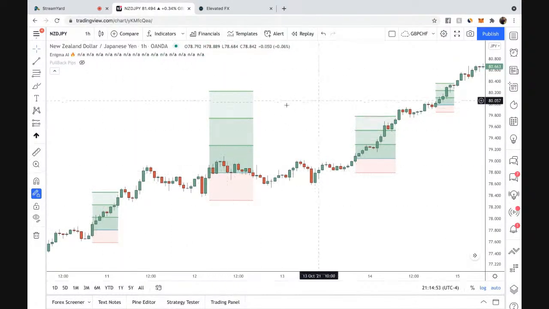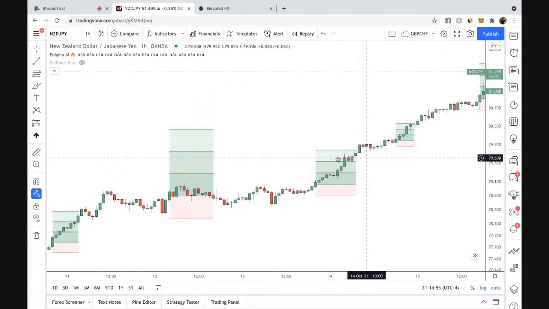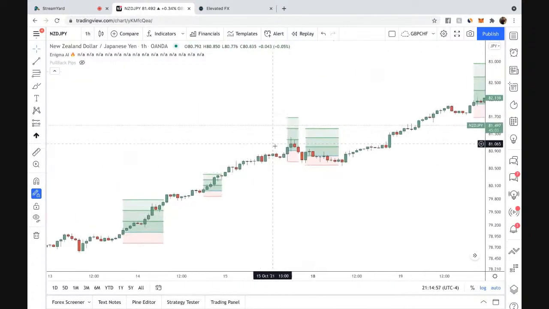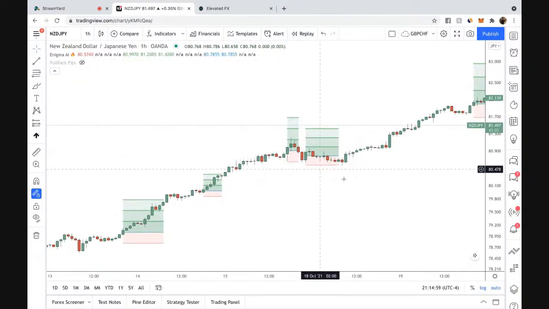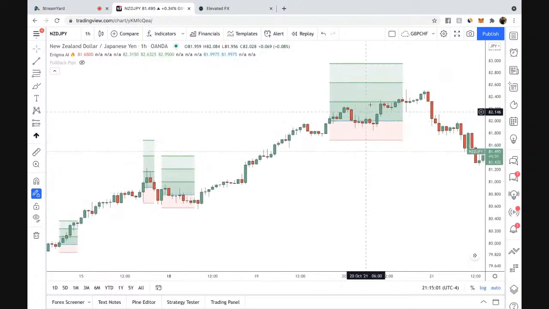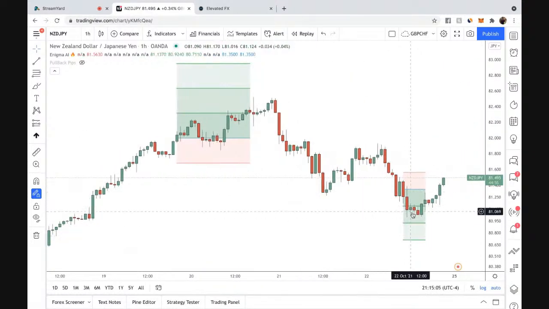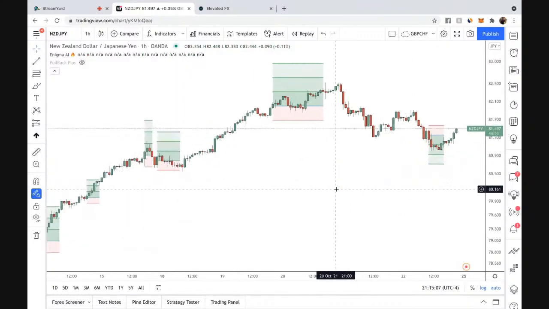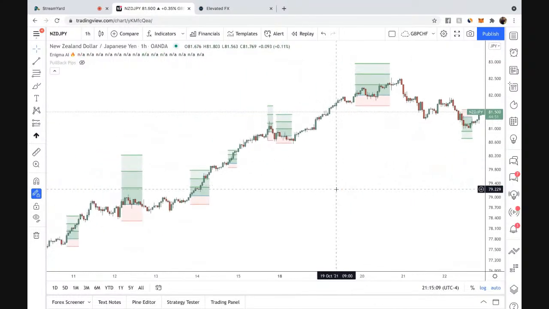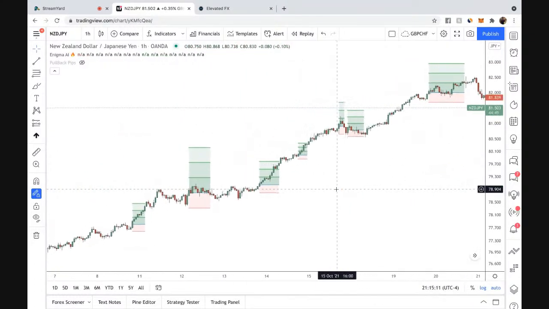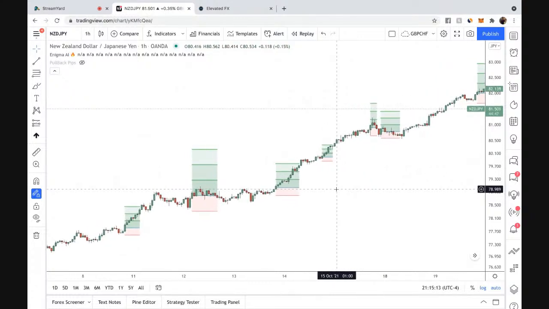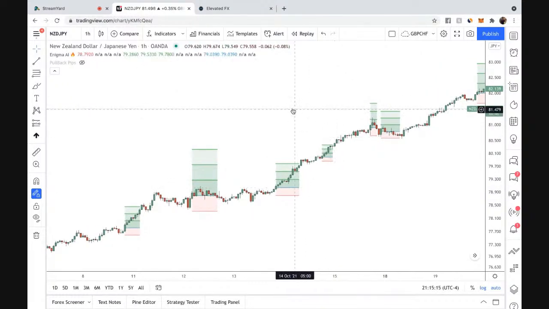This setup, boom, hits 3-to-1. This one, 3-to-1. Yes, you're going to have those trades where your stop loss gets hit, right? But best believe your TP1s are going to get hit. Your TP2s are going to get hit, right? So the key thing we want to be able to do as traders is make sure that we're using these tools and we're staying consistent, right? The great thing is now we have access to Enigma and Pullback Pips.